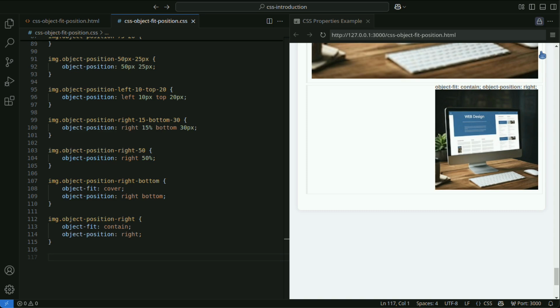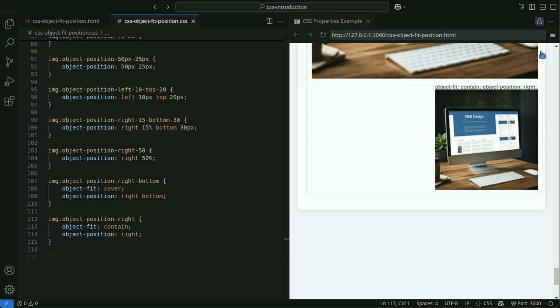There may be a few issues when using object position. Here, we introduce common issues and their solutions. When using object fit cover, the image may be cropped to fit the container.